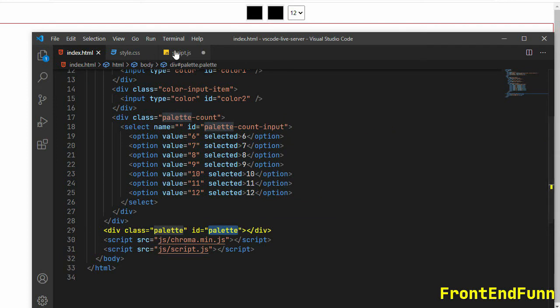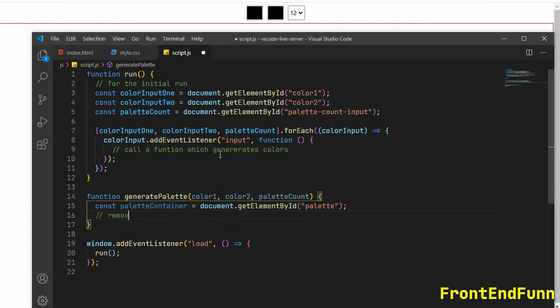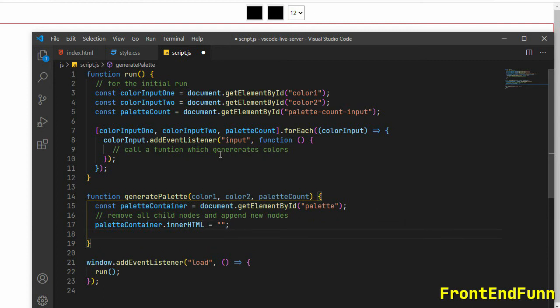Okay, so this is a div where we'll be adding all the color palettes. Before we append the children, first let's remove all the child nodes and append new nodes which are generated as the user feeds the input there. So paletteContainer.innerHTML is equal to empty. I'm just clearing the inner HTML.